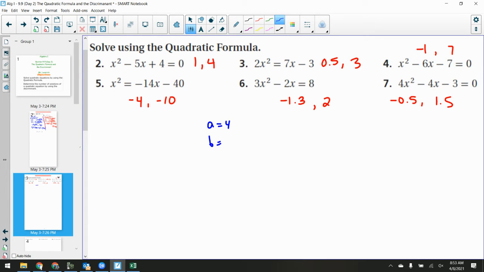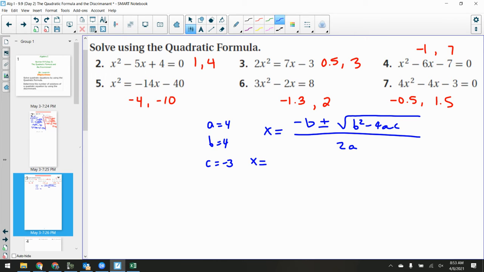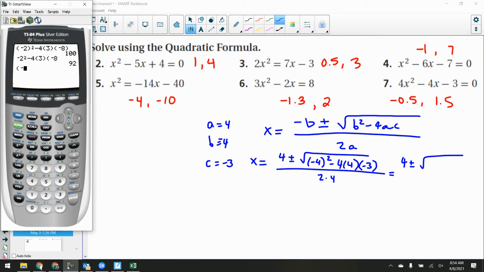So a is 4, b is 4, c is negative 3. So x equals the opposite of b plus or minus the square root of b squared minus 4ac all over 2a. So we have the opposite of b. It was negative 4. Watch out there. Negative 4 turns positive 4 plus or minus the square root of negative 4 squared minus 4 times a times c, all over 2 times 4, which turns into 4 plus or minus the square root of, we got negative 4 squared minus 4 times, oops, got my 4 in there, a times c, negative 3,